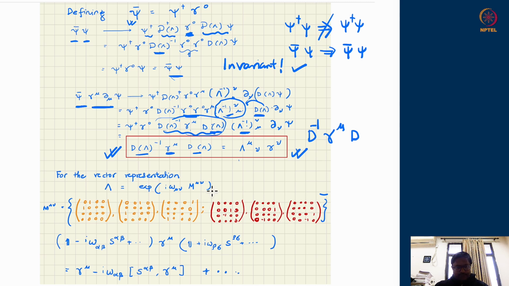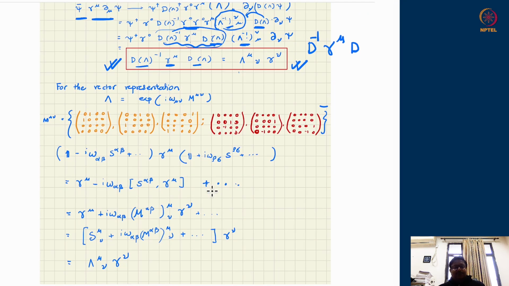That is a 1 minute job. You can just take the Lorentz transformation matrix gamma mu. You have to identify the 4-dimensional representation generators, these 6 elements, which we had written previously as well. But to start with, the spinorial representation. Do not work with M mu nu, start with the S mu nu. Remember, when I'm going to do D lambda inverse from the left and D lambda from the right, it is the spinorial representation matrix I have to work with. So you start with a spinorial representation from the left, a spinorial representation from the right.